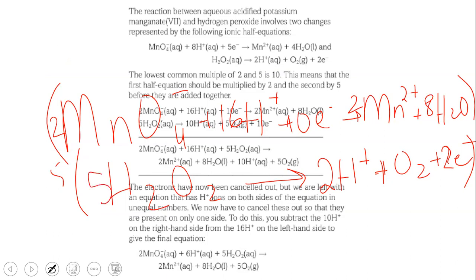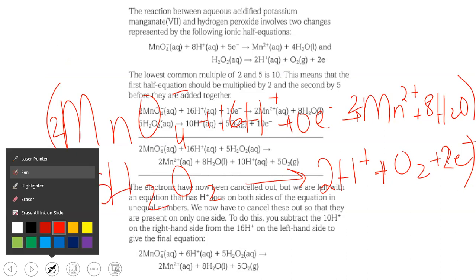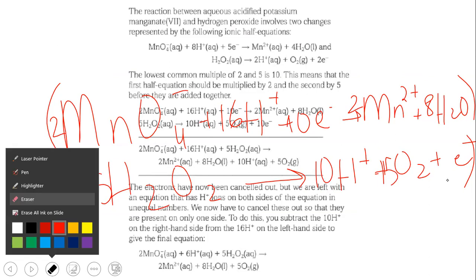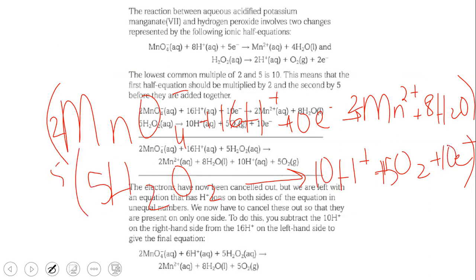5H2O2. Yeah. And then 10H plus, and then plus 5O2 and plus 10e. So we will write down 10e. Now,